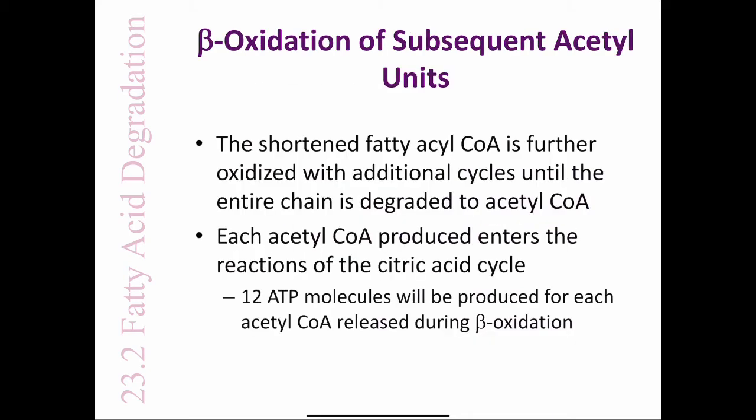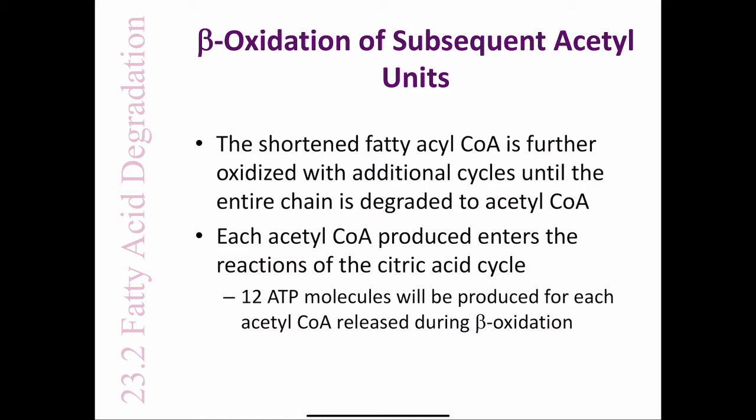The shortened fatty acyl coenzyme A is further oxidized by cycling through reactions 2 to 5 until the fatty acid carbon chain is completely degraded to acetyl coenzyme A. The acetyl coenzyme A produced by beta oxidation of fatty acids then enters the reactions of the citric acid cycle. Of course, this eventually results in the production of 12 ATP molecules per molecule of acetyl coenzyme A released during